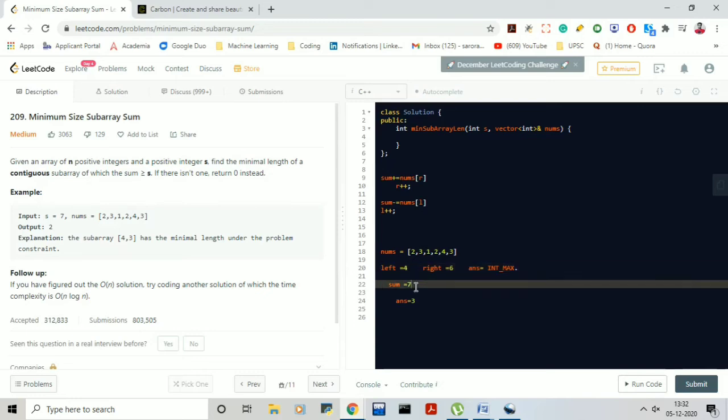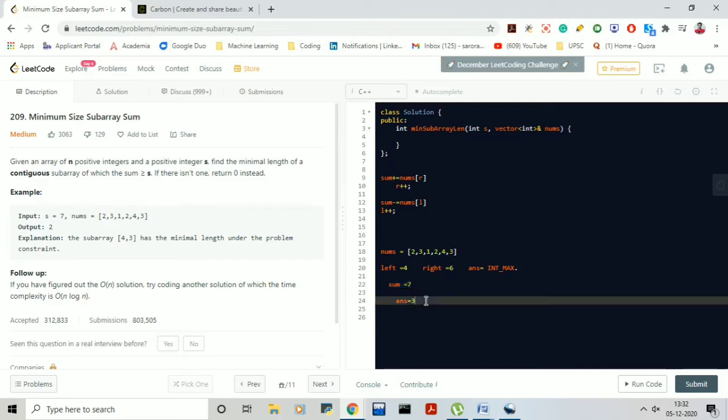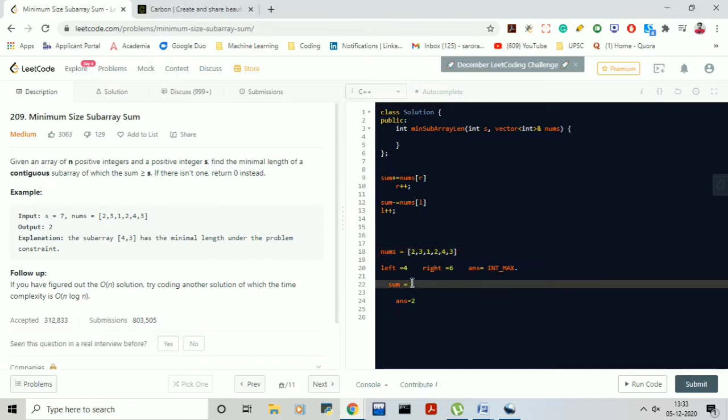Okay, so now again you check this 7, this value is more than or equal to this value. Yes, so it means now we update the length, which is 6 minus 4, which is going to be 2, right? So this becomes 2. Now again we do 0 1 2, fourth location is 0 1 2 3 4. So we subtract this value from this value, so it eventually becomes 3. So after doing that, this will be incremented by 1.